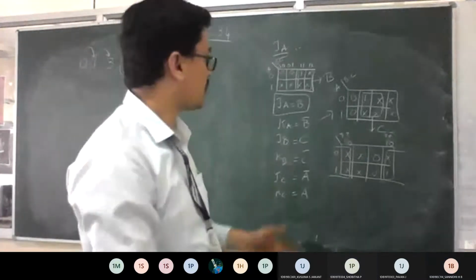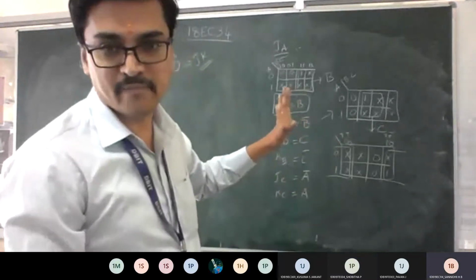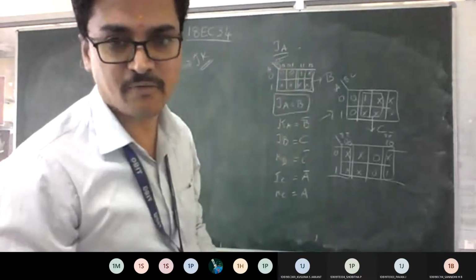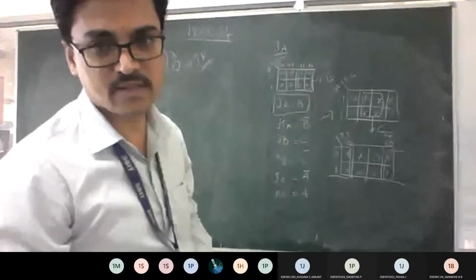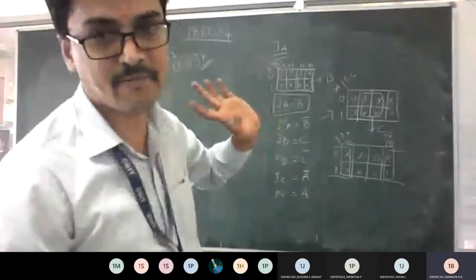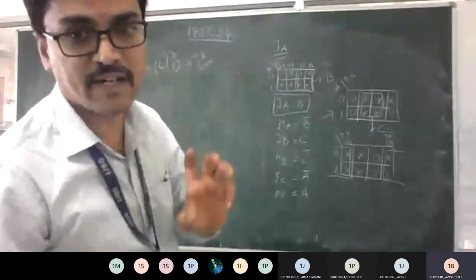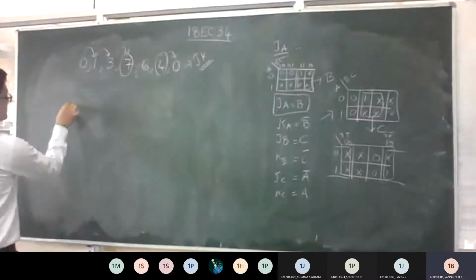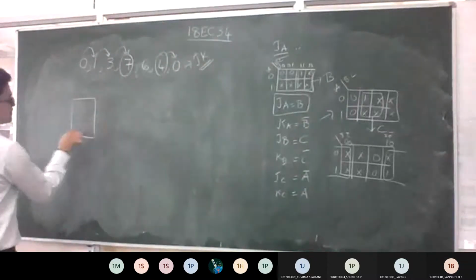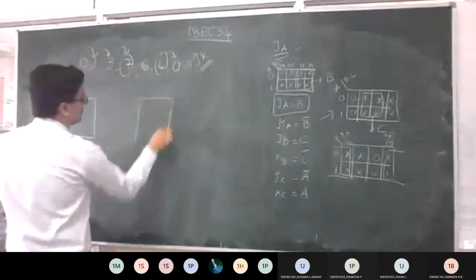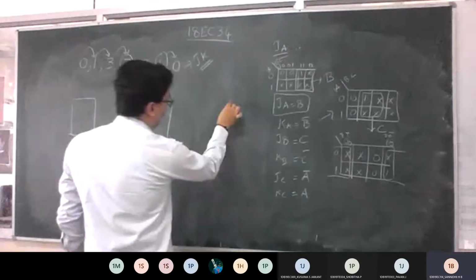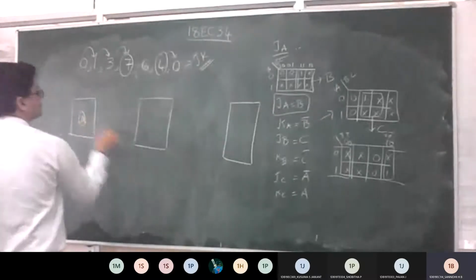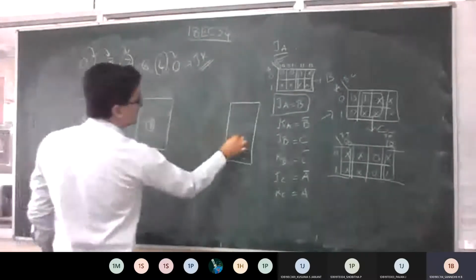See, once you have all the expressions from the K-map, the last step will be the implementation or designing of your synchronous counter for the given sequence using JK flip-flops, as I told. So how many have you calculated? 3 JK flip-flops required. So write the 3 JK flip-flops with sufficient space between them. In the exam, if you want, you can make your sheet horizontal also, not a problem. So this is your A, B, and C.